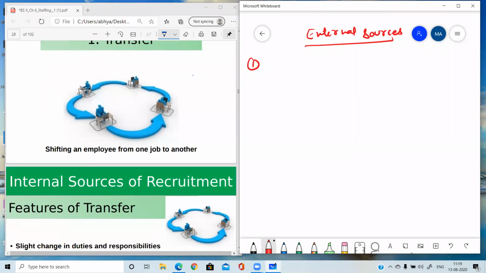First is the direct recruitment. These are very important, and these sources come through case study. And in that case study, you need to identify the source. Then you need to explain direct recruitment first. And sometimes it is also known as factory gate recruitment.